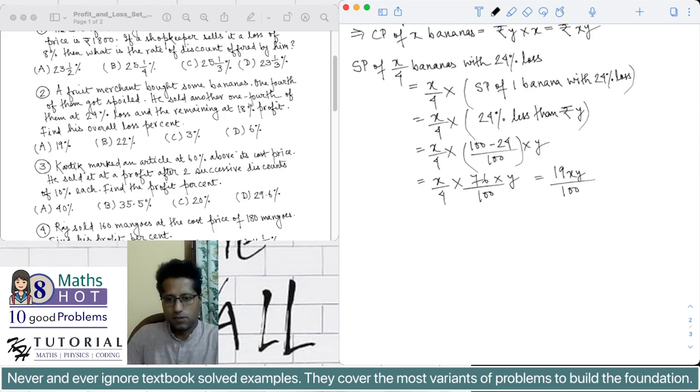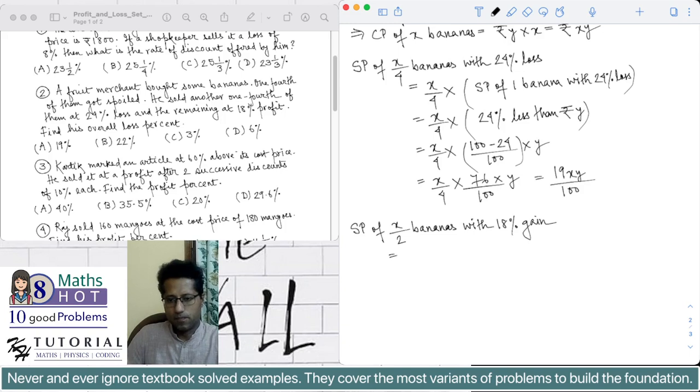So the selling price of x by 2 bananas with 18% gain